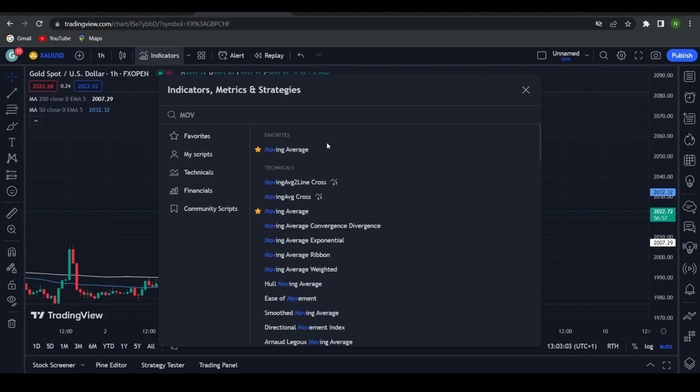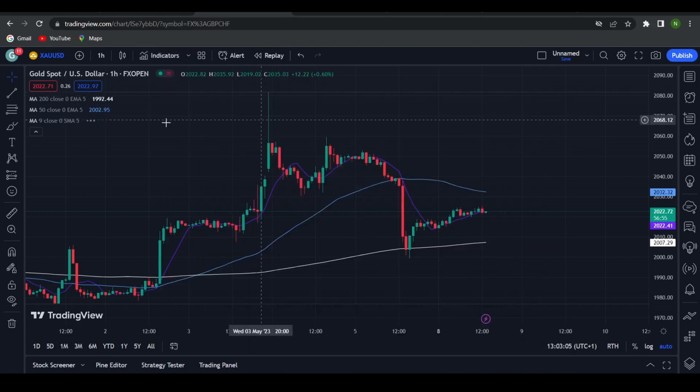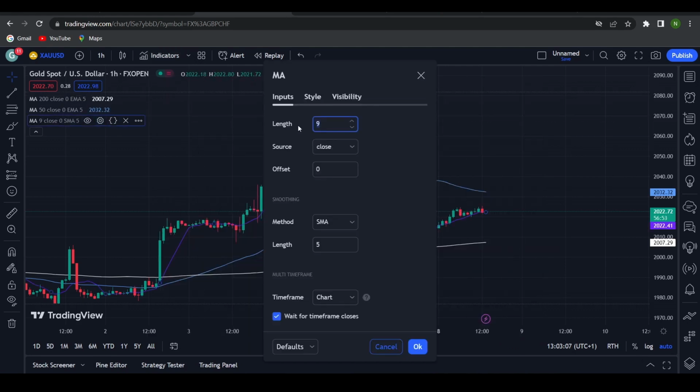So I will search moving average, find it, and just press it. Go to the settings and change the length to whatever you want it. I use the 50 and the 200. I sometimes use shorter ones. For example, the default for the length of the moving average in TradingView is 9, which is a very short term